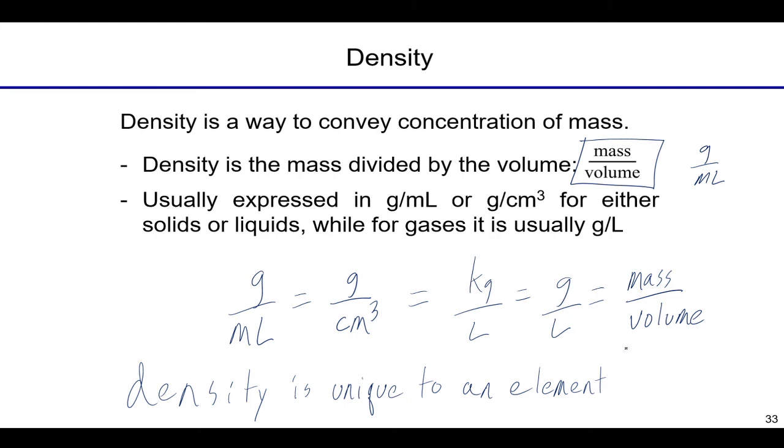Nitrogen will have a certain density, lead has a certain density, silver has a certain density. And it's all about the way that these atoms of that particular solid stack together in a crystal lattice. We'll learn more about that at different times in this class. But for now, that's what you have to know about density. It is about how these atoms arrange themselves in a crystal structure. Most of the time, we're talking about a solid in the density, but you could have gas or liquid densities as well.